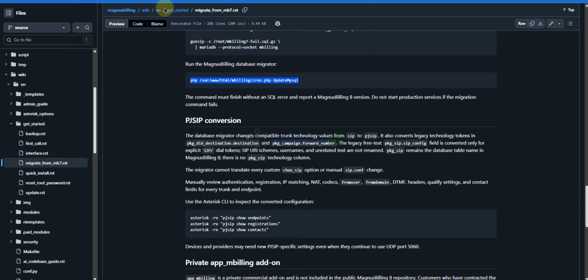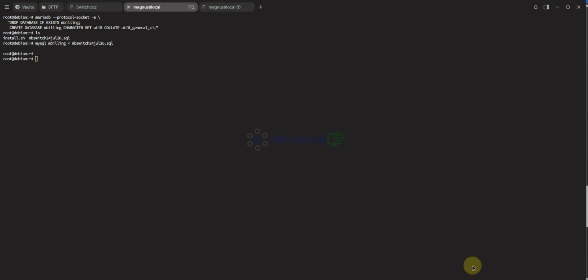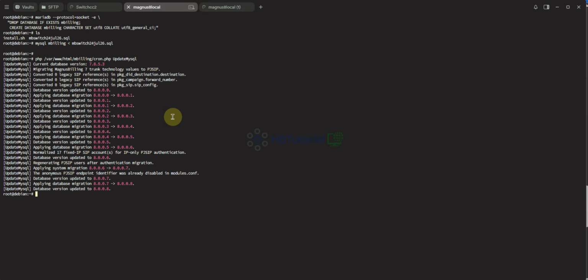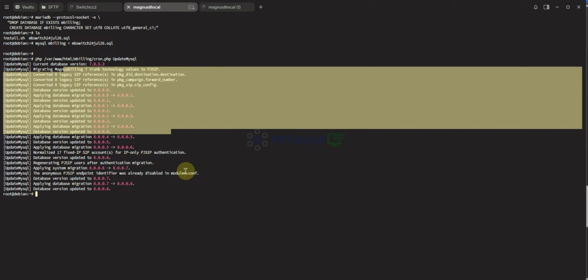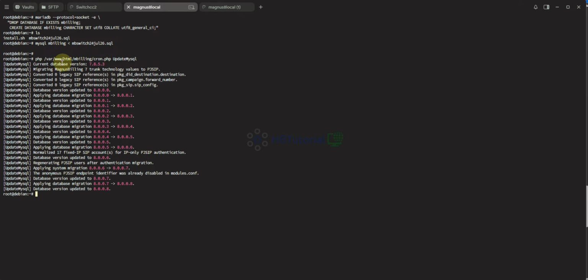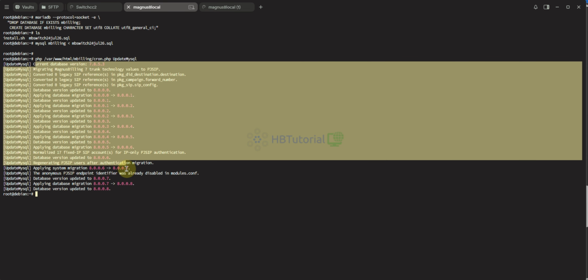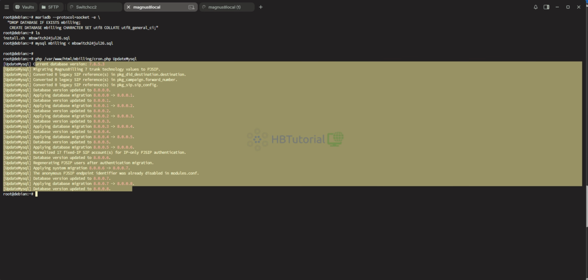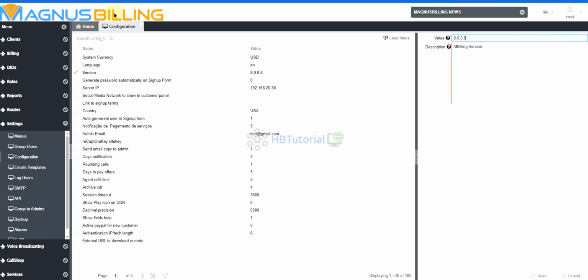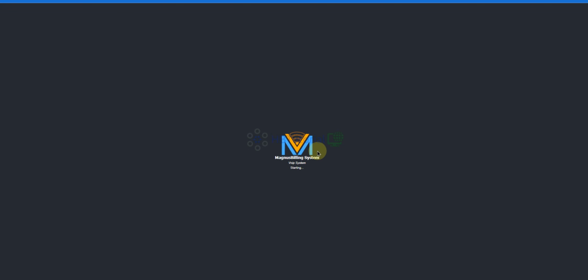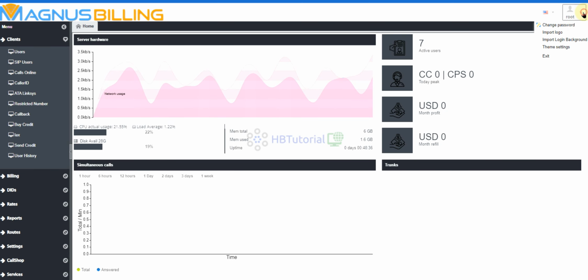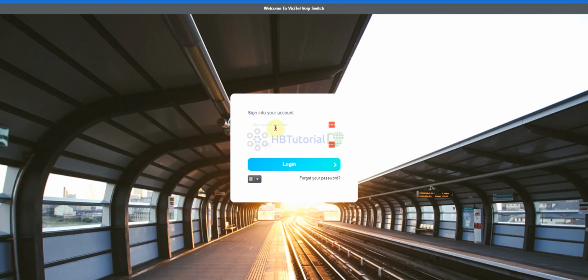So it converted to PJSIP and other things. The current database version was upgraded to the latest version. Let's refresh and check.